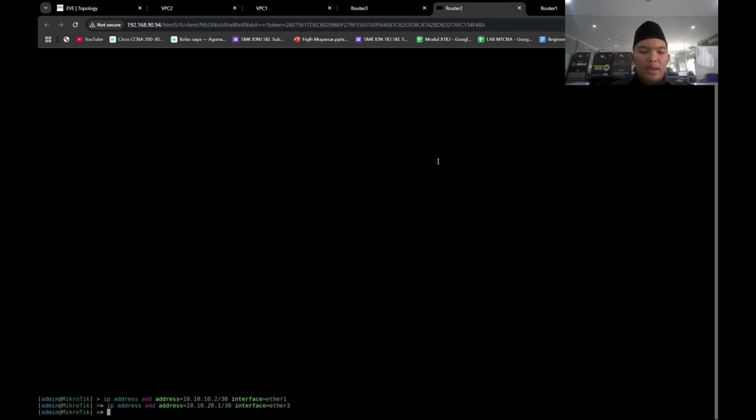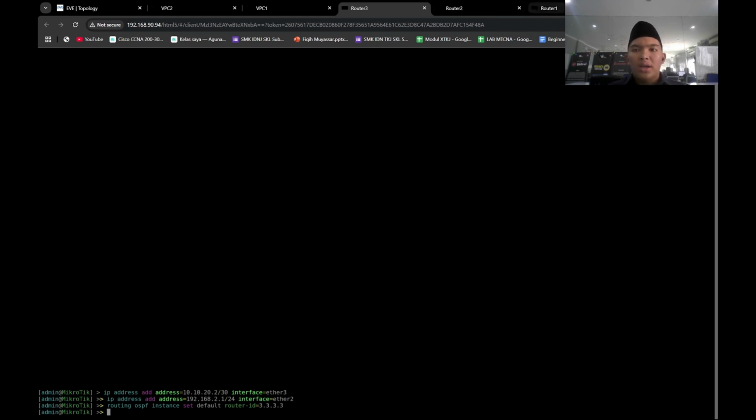Okay, and in router 2 same: routing OSPF instance, set default router ID 2.2.2.2. And in router 3 we're gonna set the router ID: set default router ID 3.3.3.3.